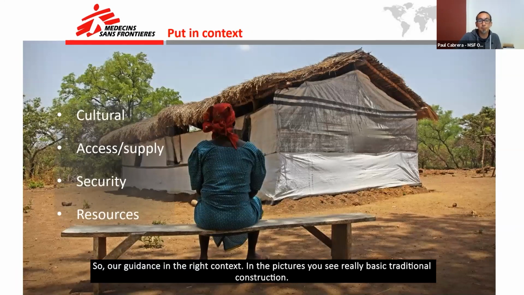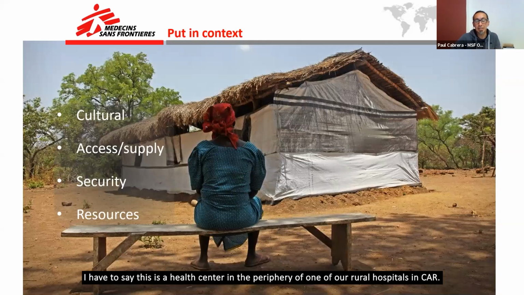So, to put our guidelines in the right context. In the pictures you see a really basic, traditional construction. I have to say this is a health center in the periphery of one of our referral hospitals in CAR.